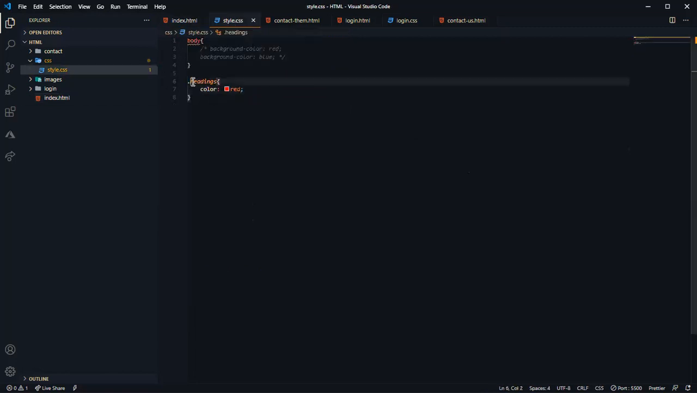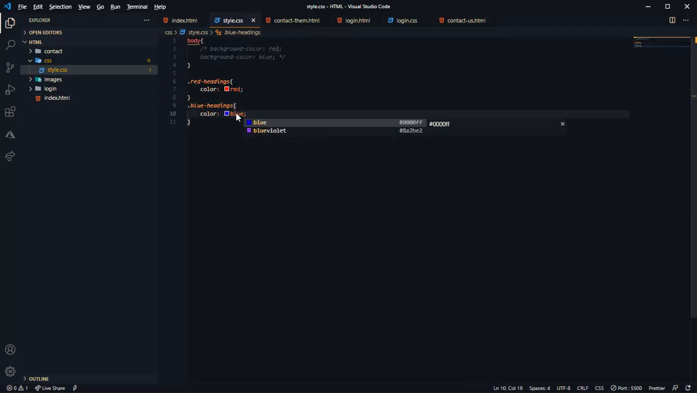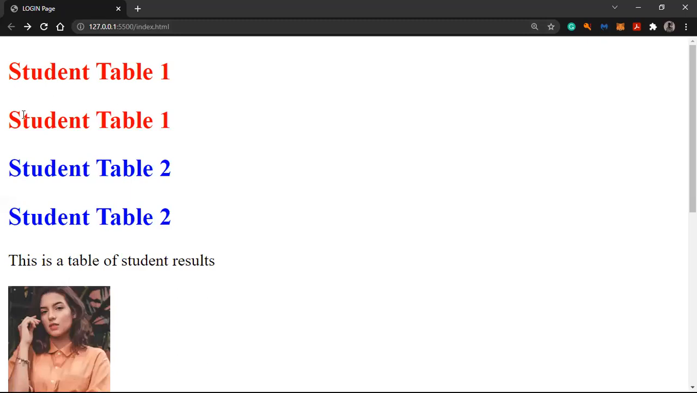And come here, I change this to red headings. I duplicate this. Click so. I come here and I change it to what? Blue. Right? Easily. You can also do student table